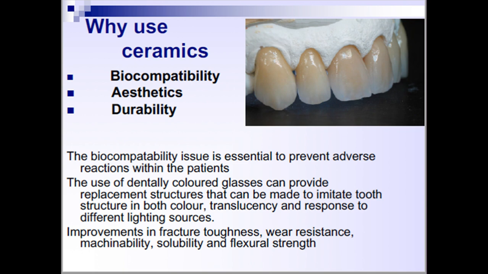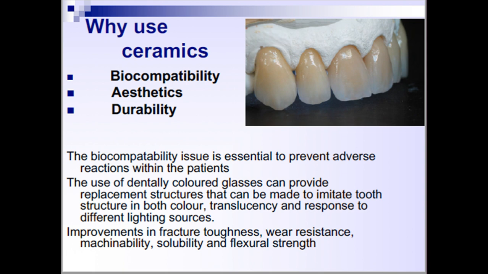See, alloys have better ductility, better malleability, and better flexural strength. All those mechanical properties are higher for metals or alloys when we use them as restorative materials. But for ceramics, these strengths, these mechanical properties are low. It is better than polymers, but less than that of metals. So we have to remember this whenever we are using these things as restorative materials. And it has a low coefficient of thermal expansion also.